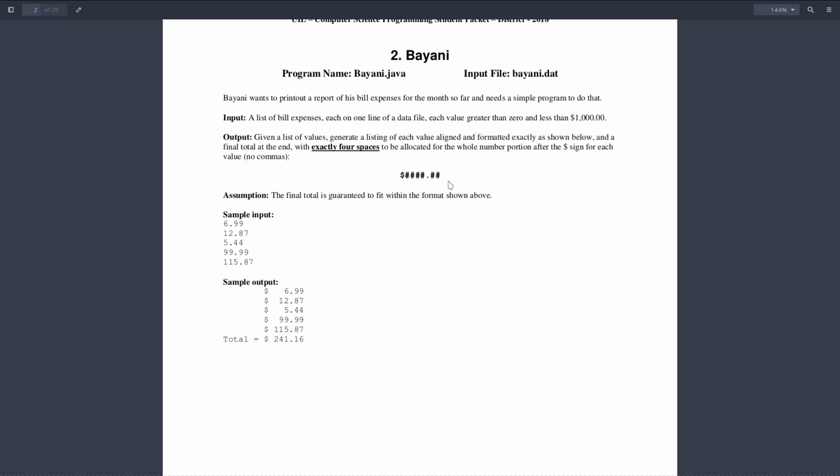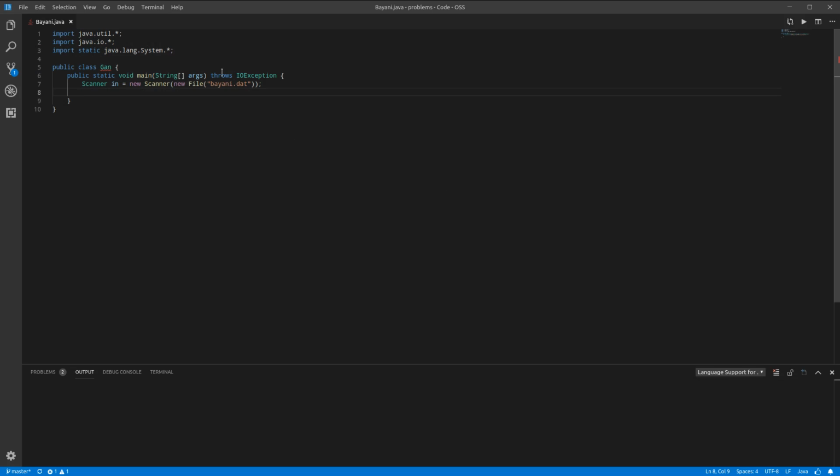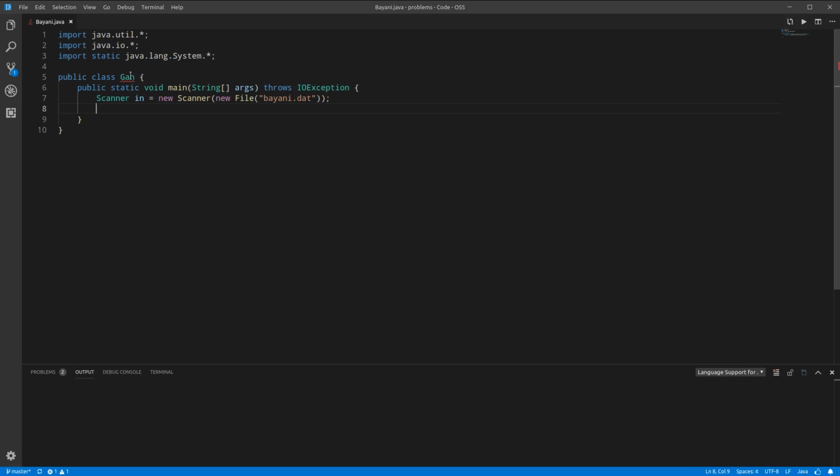This is another printf problem. So I've already got my class made here. You'll notice that it still says GAN. There we go, Bayani. So we've got our class Bayani, we've got our main method, we've got our scanner. Now for this particular problem,